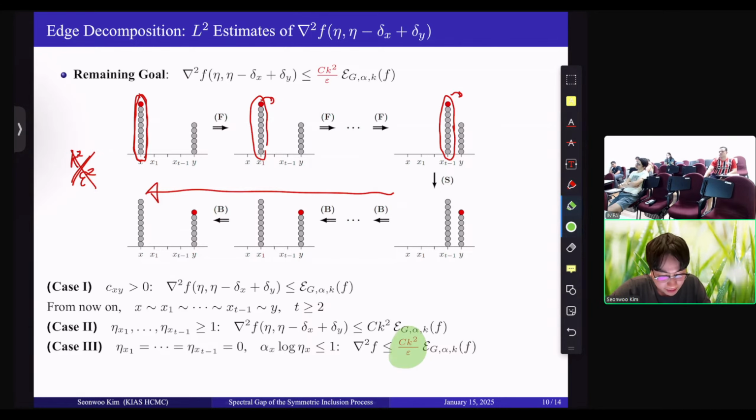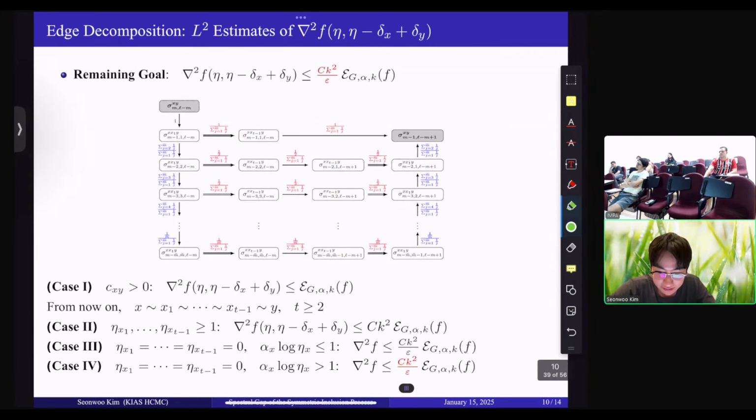And then the next case is case 4. This is the same case where in the middle the particles are empty, but the first starting stack is very heavy. But in this case, the one-dimensional thing is not enough, so we have to further decompose the whole space into a very complicated two-dimensional picture, which is illustrated here. You can see the details in our paper, but I just skip the details here. So the point is that also in this case, we can have the same bound here, which is k